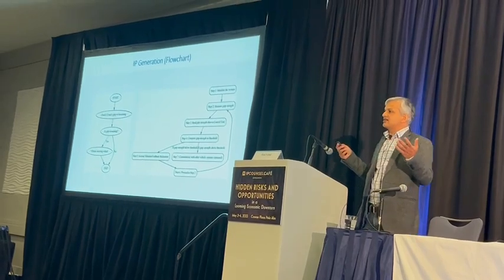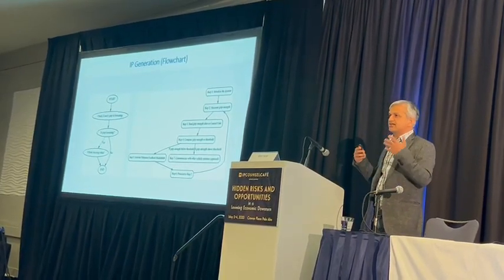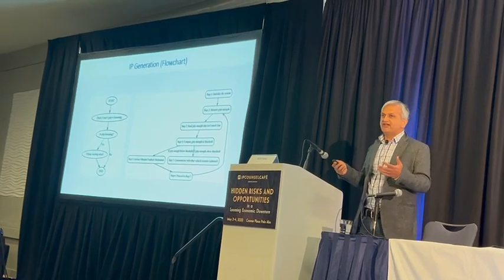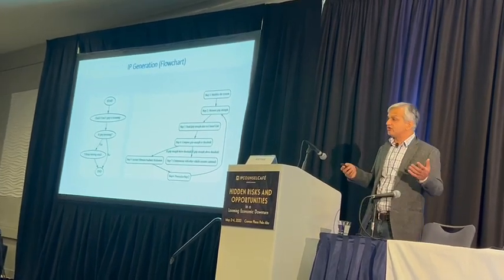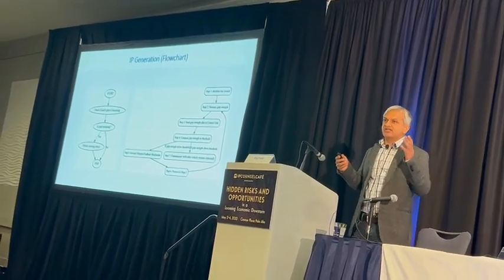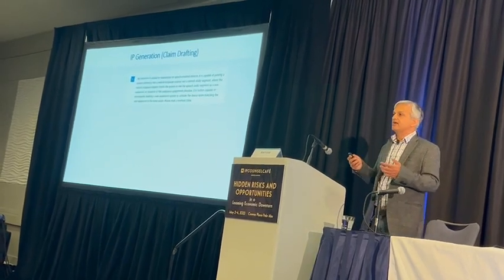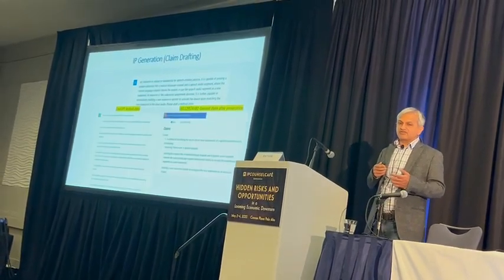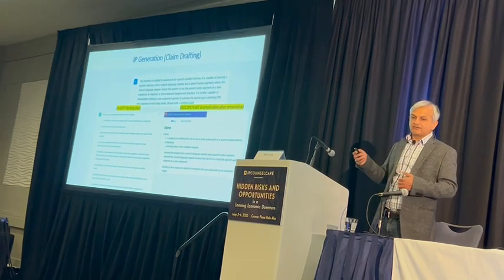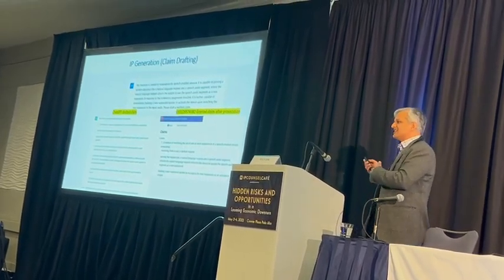We can ask it to generate flowcharts, and it'll provide you with fairly decent flowcharts, right? And this flowcharting capability keeps improving very, very rapidly as well. So you can get it to do flowcharts, you can get it to do other types of diagrams. You can pretty much get it to do most of the activities that you need for drafting a claim. We compared one of the claims drafted by ChatGPT with a granted claim, and it looks fairly comparable. I won't go into the details because,